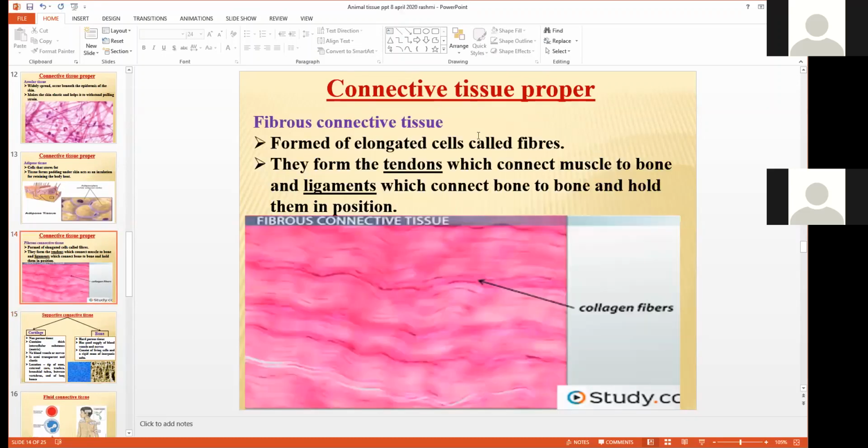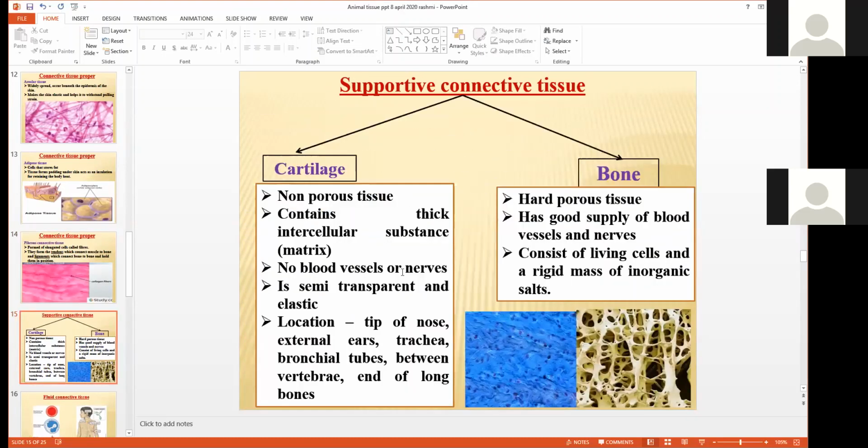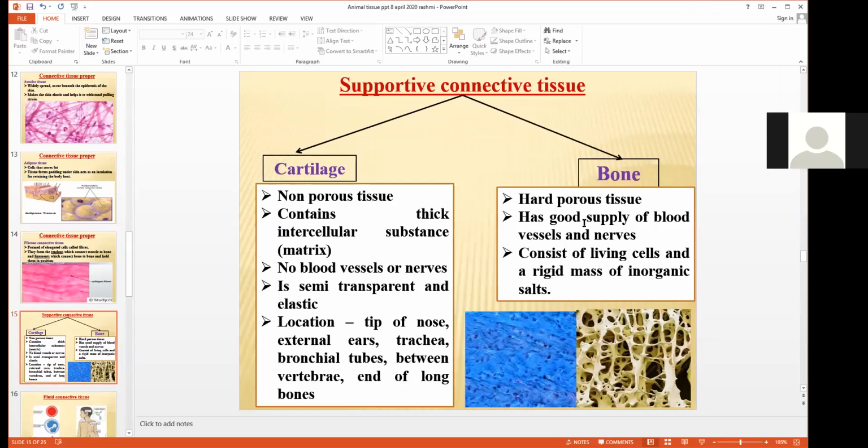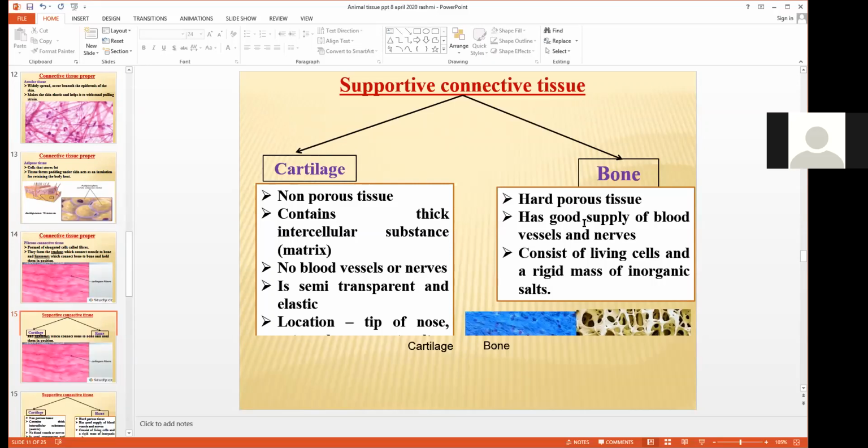Just imagine if there is no cartilage or no bone. The bones form the skeletal system, right? If there's no skeletal system, you are just a lump of flesh, a lump of meat and nothing else. Unless there are bones, your various organs will be disorganized. They will be anywhere inside your body, which is not supposed to happen. All of these tissues have a different role inside your body. Each and every cell inside your body has a particular function. The connective tissues connect each other.